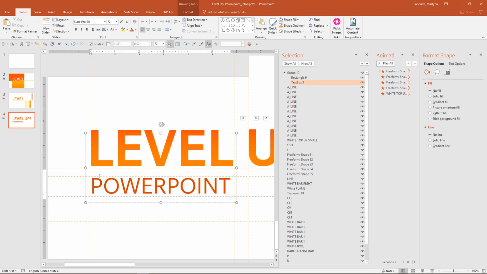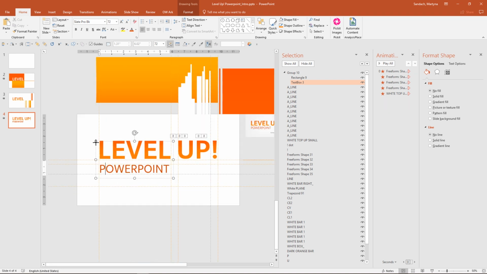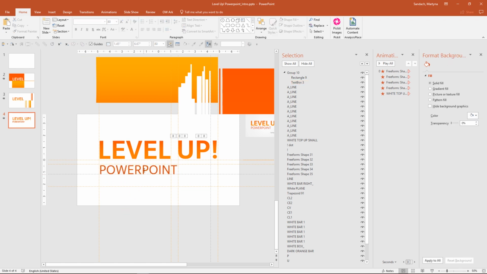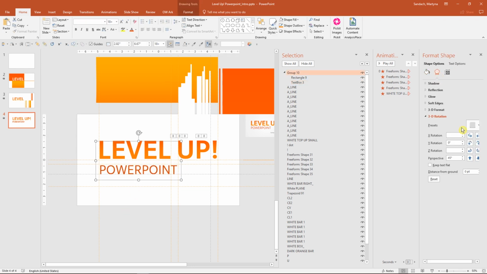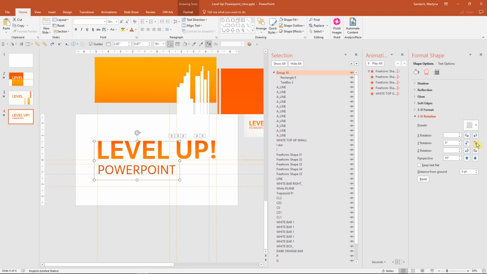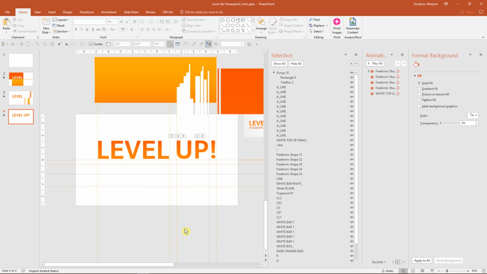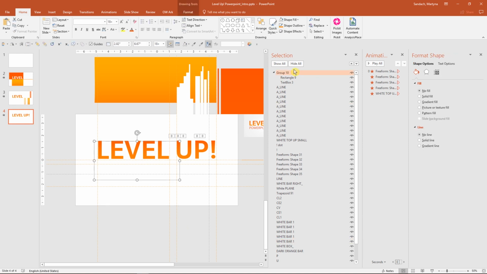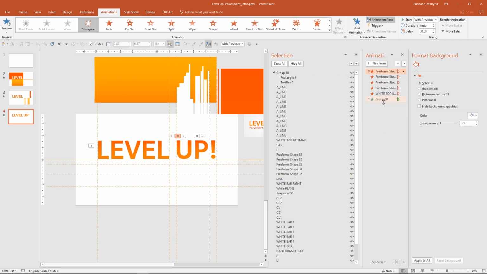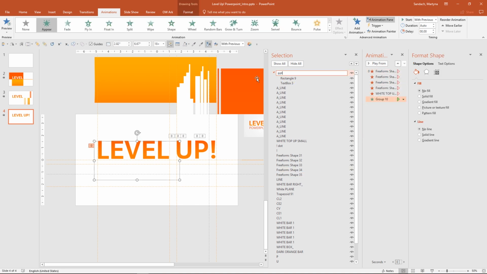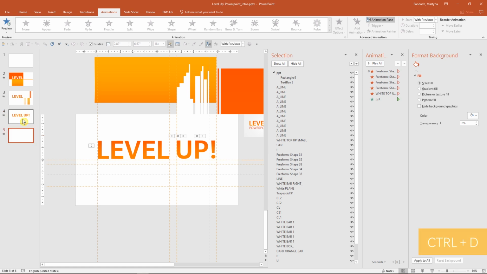I place it underneath, just adjust the size of the text. The text box will be longer, but the height of both boxes is still the same, so we're good. Now it's time to apply 3D rotation, and let's change the Y rotation to 270, so then it will be flat, it will just disappear, and I will just name it so it'll be easier to track, and make sure you apply the animation. Great, let's duplicate the slide, and here I would delete the old animation and also delete